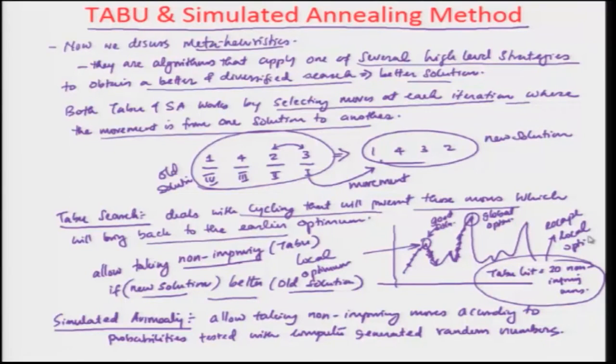In the same way, by using probabilities, you are trying to escape out of the local optimum and move towards a different solution. So that is the idea. Similar to annealing, in taboo search the only difference is that here there is a list, and there is a set of probabilities generated using random numbers.